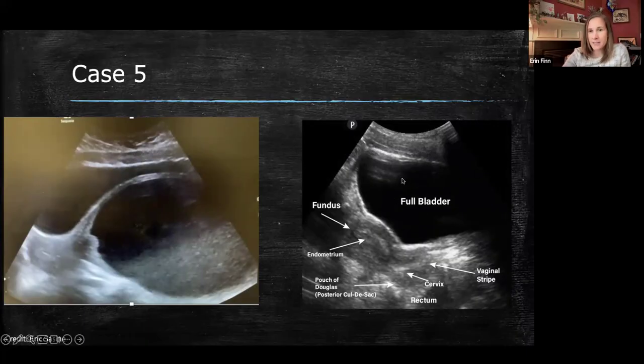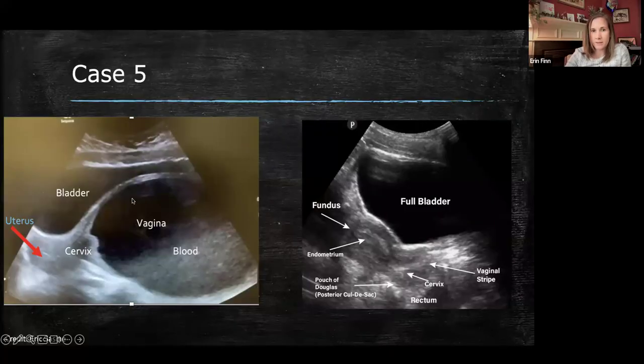So here on the right side, this is our normal sagittal view. So you can see the bladder, and that's going to be this structure here. And then if the bladder's there, if you look closely, this is actually the uterus, and you can see the endometrial stripe there, which makes this the cervix. And this is the vagina, which typically we don't see very much of, because you can see on this view here, it's just kind of